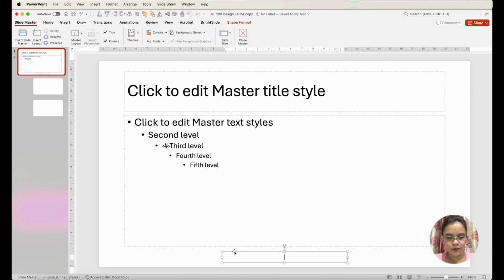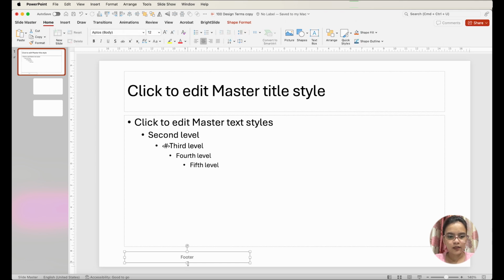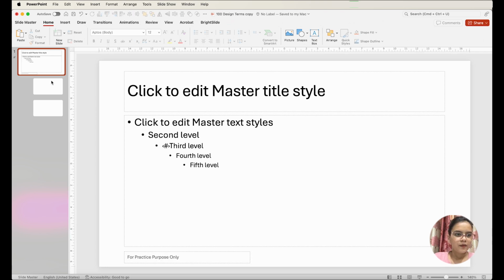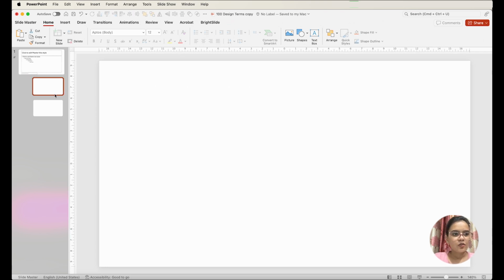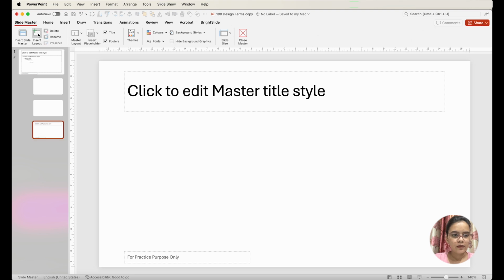Now I'm moving this footer over here, and let's say, let's go to the home tab, edit the text of this. Let's make it left align for practice purpose only. And on this slide it's not showing up, but if I go to this slide master, insert layout, so whatever